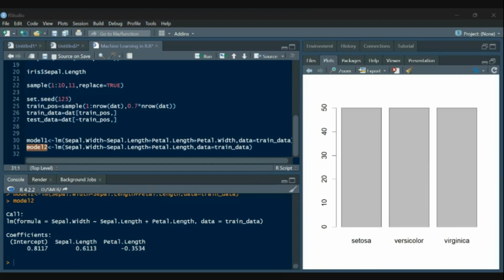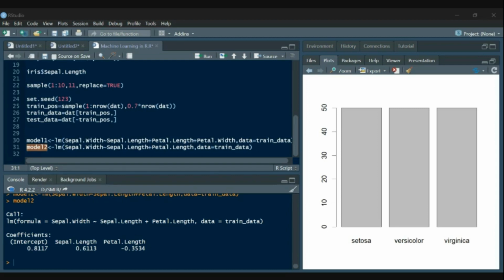So this LM is internally finding out the coefficients for our model. So the plus sign is not the mathematical sum, it is just a symbol used for the combination of those things. Yes, you can say that.